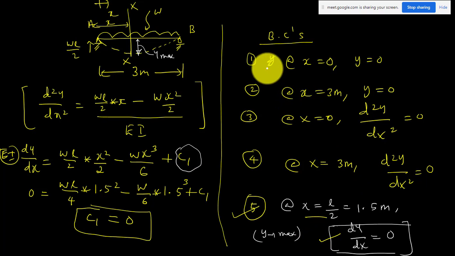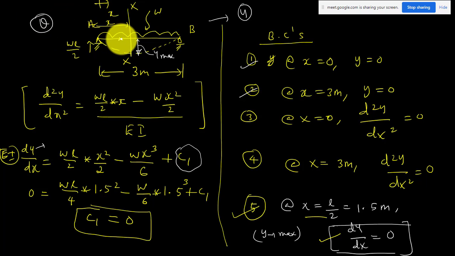It's not necessary you always have to take this one. Suppose you got a question where you have to find only the constant of integration, or only the slope. Suppose your question is only about slope, you don't need to find the deflection, then you do the integration only once. You don't need to do the second integration. If you do the second integration, you will get the equation for y. But if the question is only slope at some point, you do integration only once, and then you cannot use those two boundary conditions because they are for deflection only.